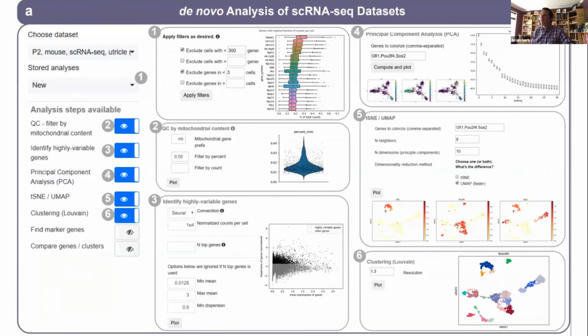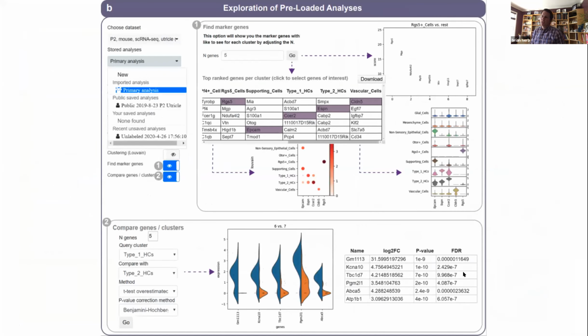For single cell data, we have the entire workbench, which is based on the ScanPy pipeline. And we're going to walk through this together after the EpiViz presentation. But essentially what happens here is, again, you do the same QC steps that you might do in a Seurat pipeline. And you move through and you can do your clustering assignments. Once you have the clusters, you can identify top expressed genes. And by simply selecting those top expressed genes per cluster, you can produce dot plots, violin plots, or if you wanted to do that same comparison of this cell type versus that cell type, you also get some nice violin plots for that as well. And you can export all of this data.